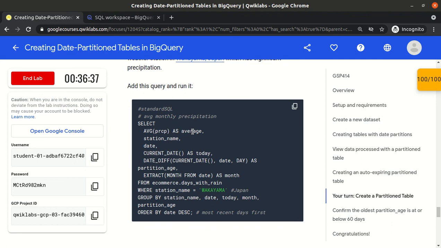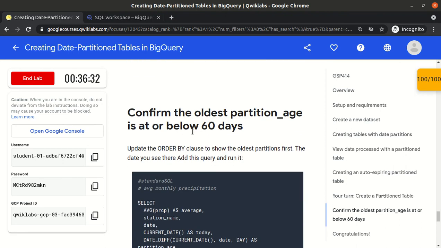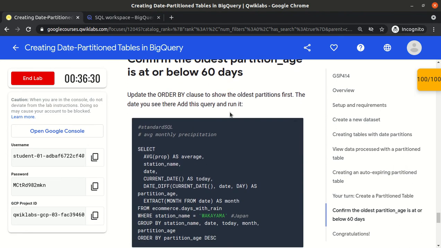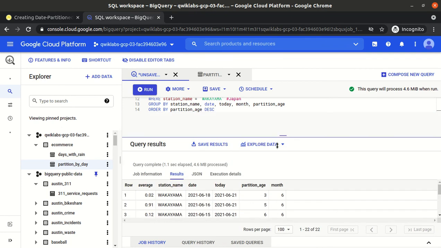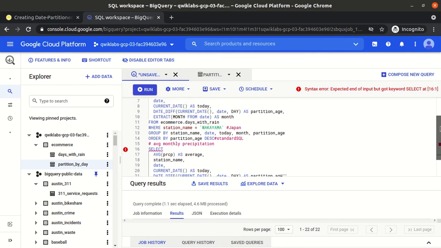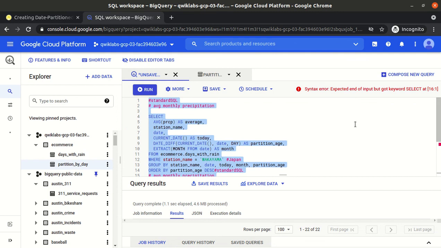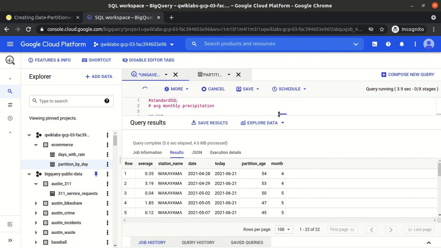So are we storing the data only for the past 60 days? Confirm the oldest partition. Let me paste it, grouped by partition age. The partition age is 54.